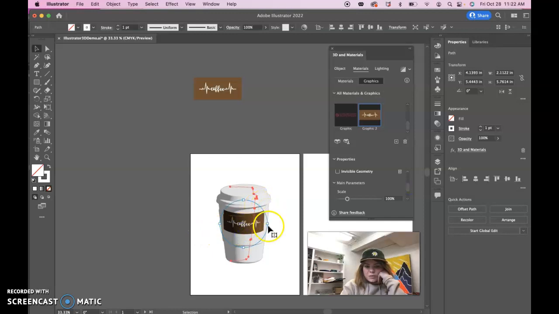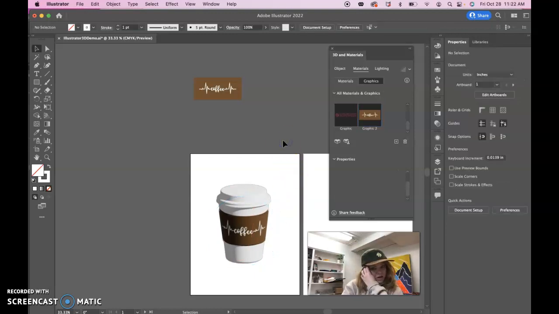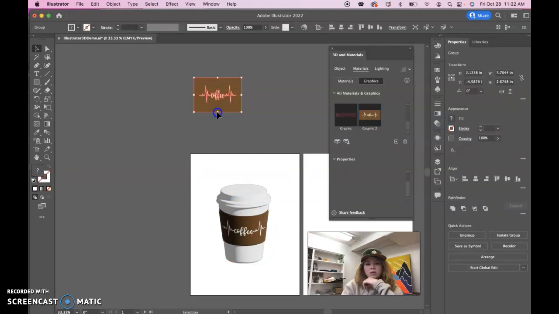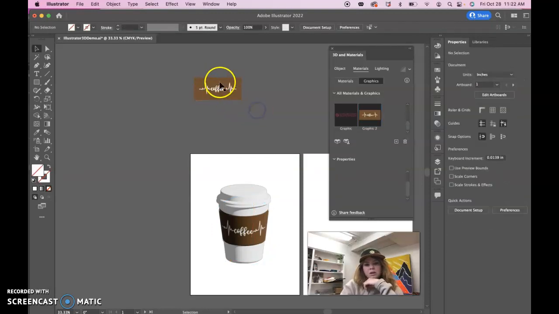We can make it smaller, and we can move it around. You can click and drag and move it around. I think I might need to make it bigger so that it matches the sleeve a little bit better. It's okay if yours doesn't match as well as mine does. That was just kind of luck, honestly. If your rectangle is a little fatter that you put behind, then it probably won't match up quite as well